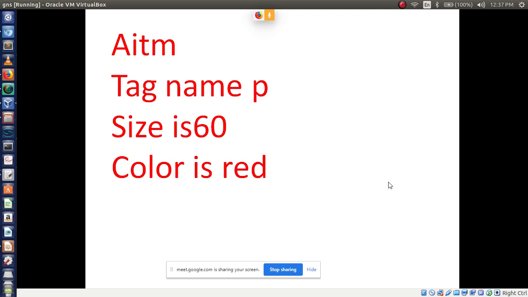Snehal, make the corrections. After writing head title, then closing the title, then you can write style type. After closing this style, then you have to write P tag, body tag, then inside the body you have to use P tag. Okay, make the corrections fast.